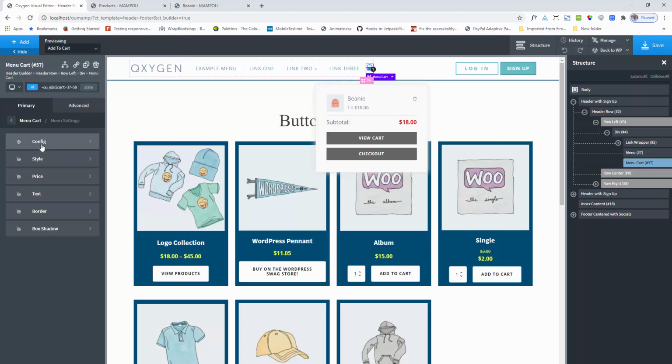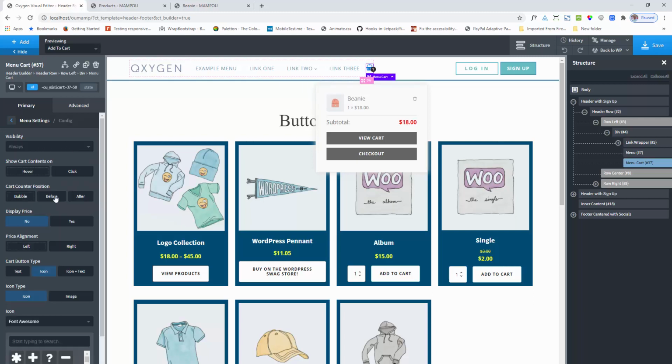In the config, it is the general config. First option is visibility. By default it is always, which means this button will show all the time. Another is when a product is in the cart. If you have no product in the cart, the button will not show, and when you add an item into the cart, that time this button will show. So I am showing the demo of these options.